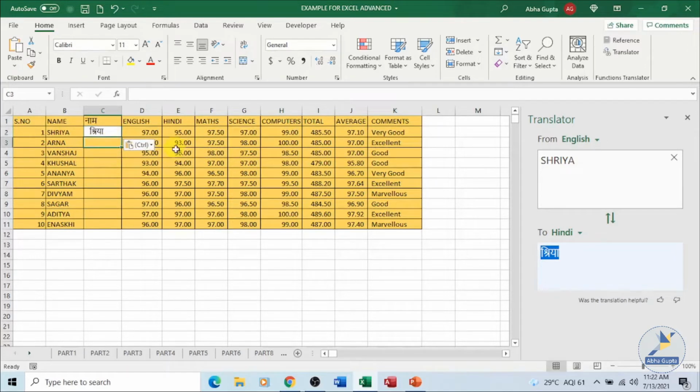It's taking a while. Once you are done with all the names, you can always format these cells. Let's see this one. Okay, click, copy, and paste.